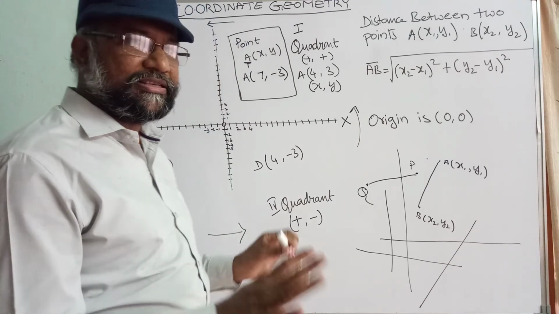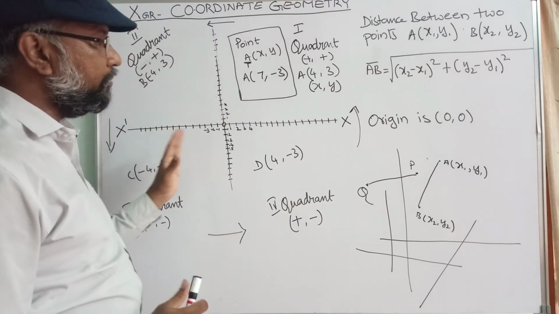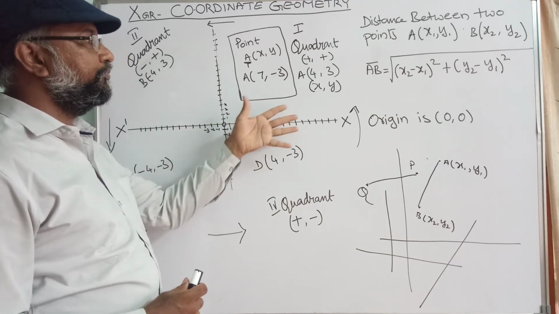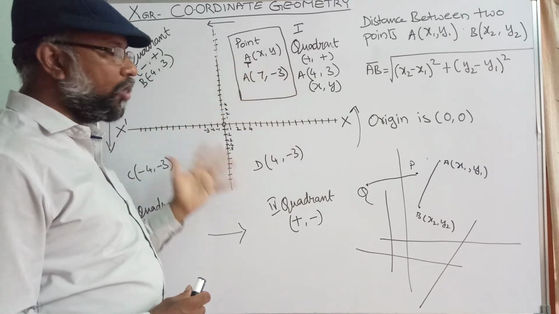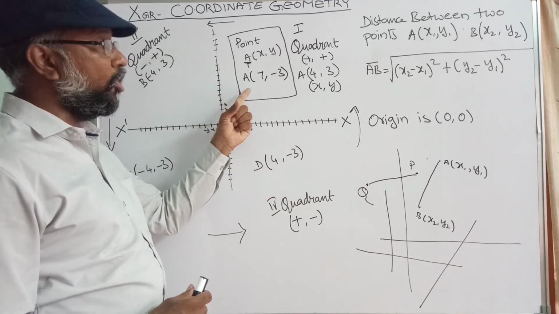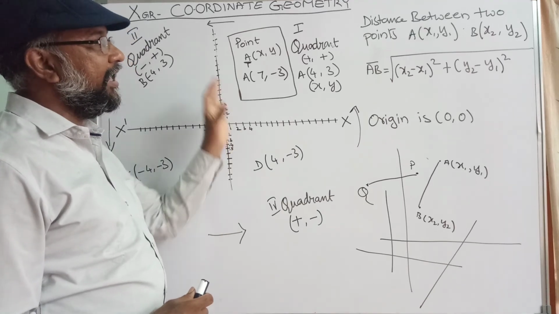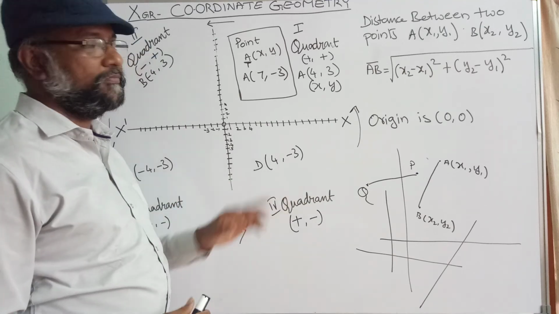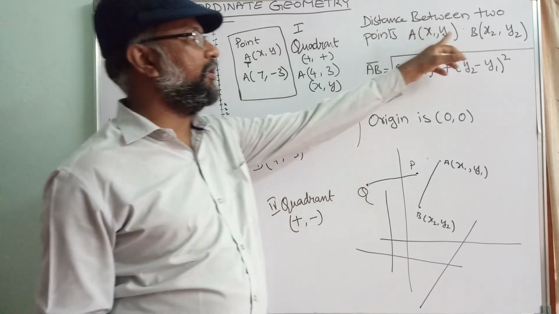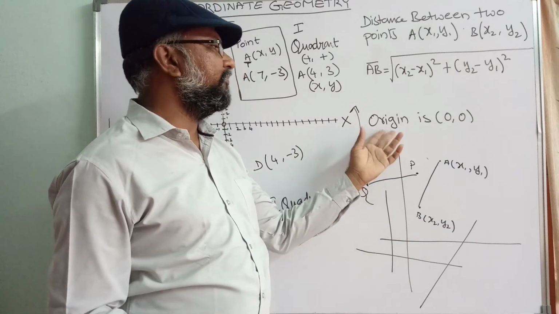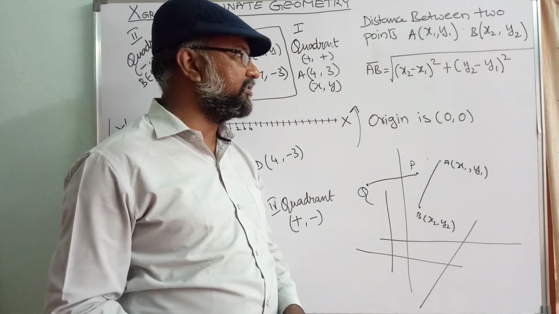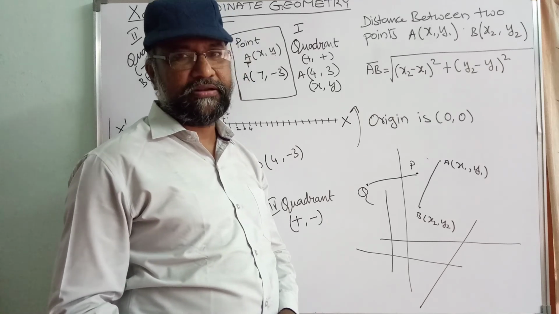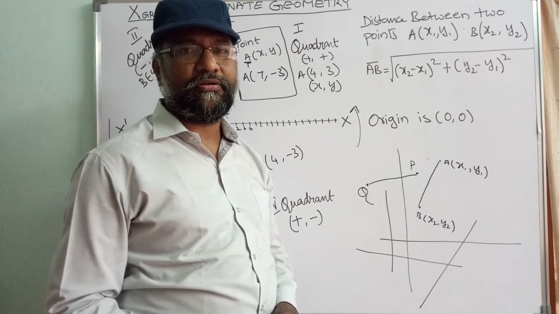So in this lesson, basically we learned about the coordinate system, the Cartesian plane, the four quadrants, point form, examples of points in the four quadrants, and the distance between two points. And we know that the coordinates of the origin are (0, 0). Don't write plus 0, plus 0 or plus 0, minus 0; it is always (0, 0). That's all. Thank you.